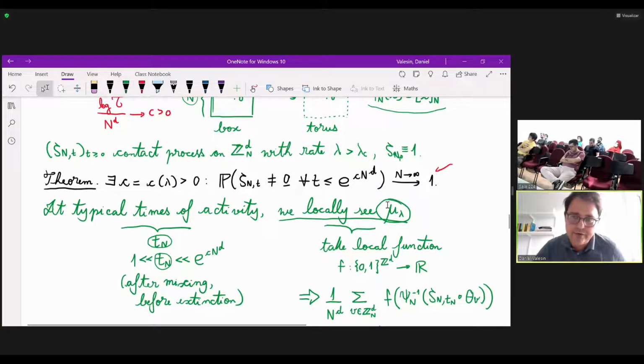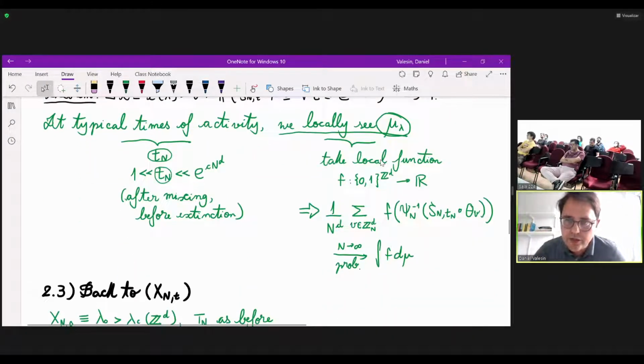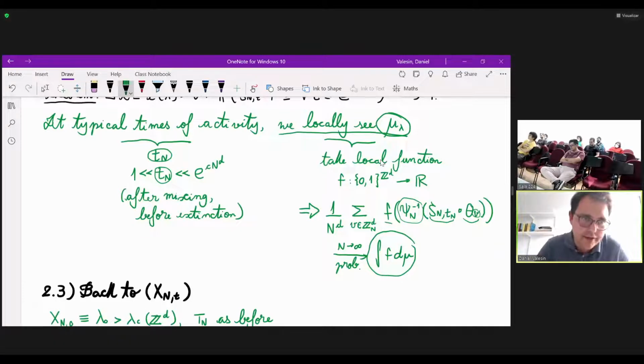What that means is that you can take a local function and take this sort of average: you take the configuration, you shift it so that this vertex v becomes the origin, I transport it to Z^d, and I evaluate the function f. So this is a kind of averaging procedure at time Tn. And then this will converge to the test function integrated against mu lambda, the upper stationary distribution. So the process is metastable, and locally the distribution that you see is the upper stationary distribution of the contact process when the process is active,